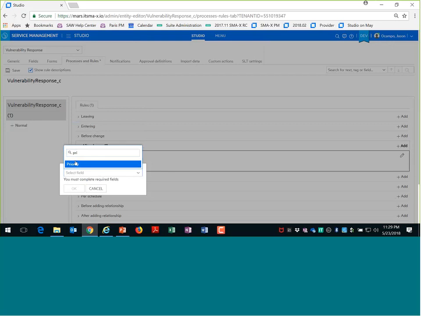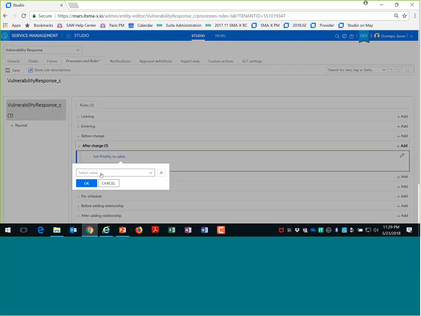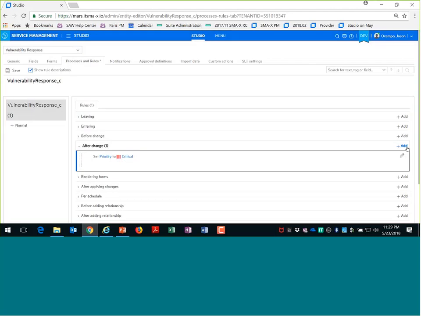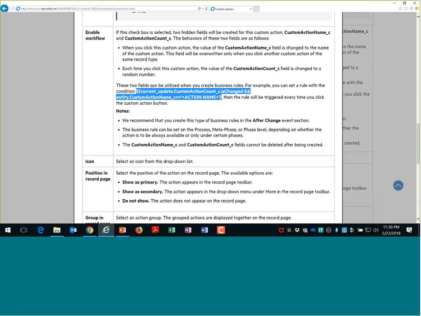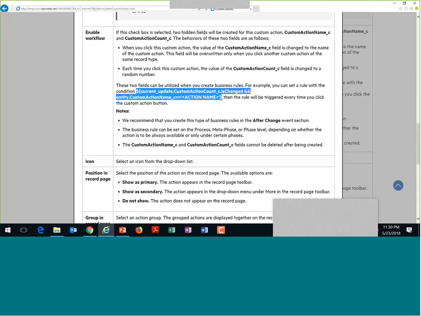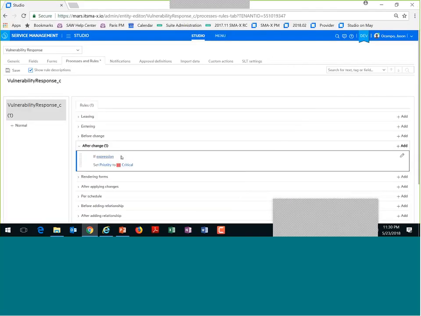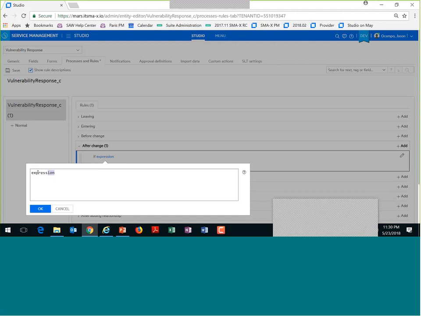Okay, I need to save it first because I didn't select. I need to add my condition to this, add condition. And then I have a little cheat over here from the documentation. This is the expression that I need to use. So let's go ahead and copy that and switch back to here and put that in. So basically looking, has the count changed and does it match our custom action name? Our custom action name was urgent. Okay. And, right, and then we'll go ahead and